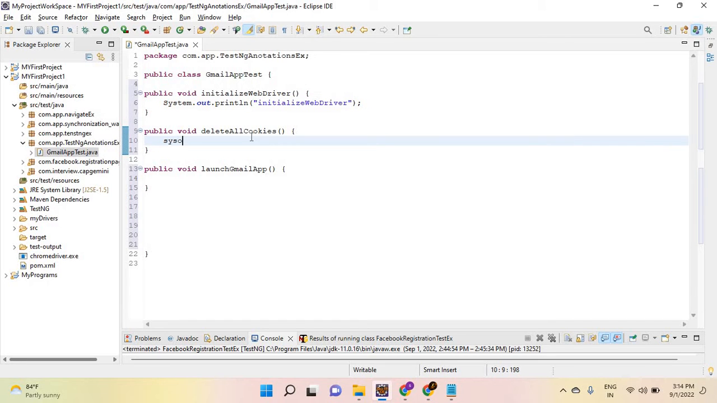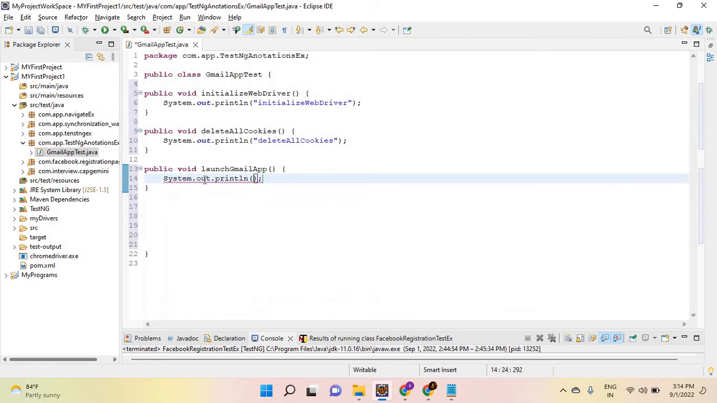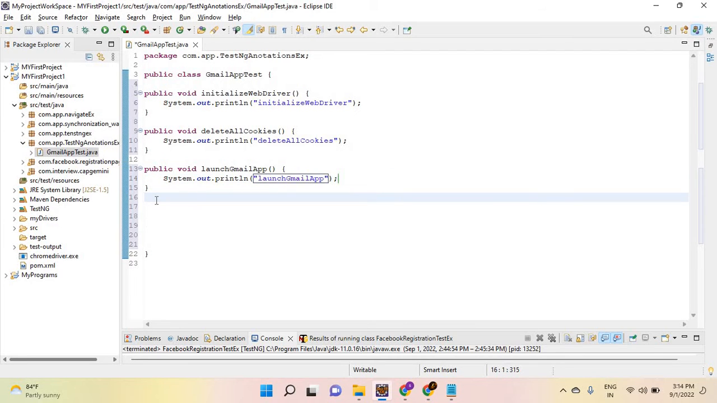Next, SYSO, delete all cookies, Control C, Control V. Sorry, to write within the double quotation. Then here also SYSO, Control space, within the double quotation you can write launch GmailApp. Right, next public void